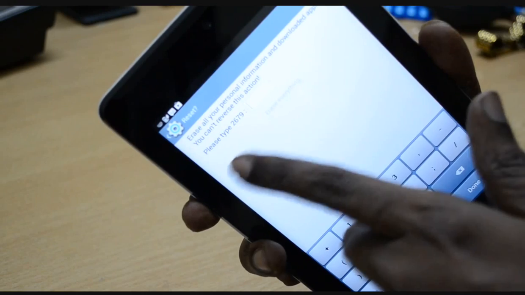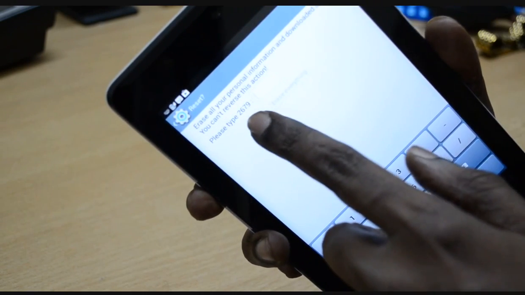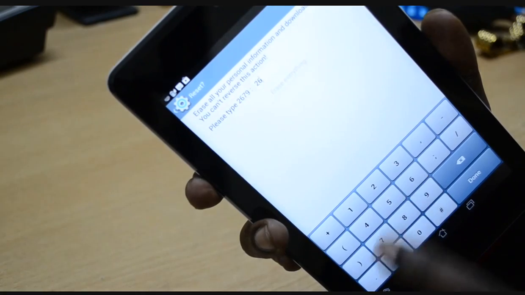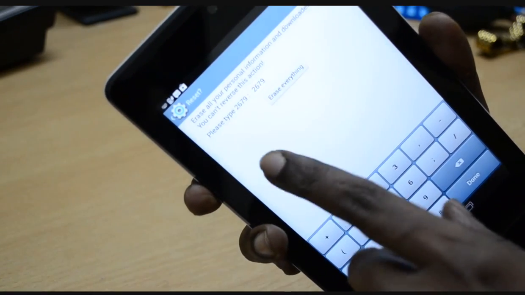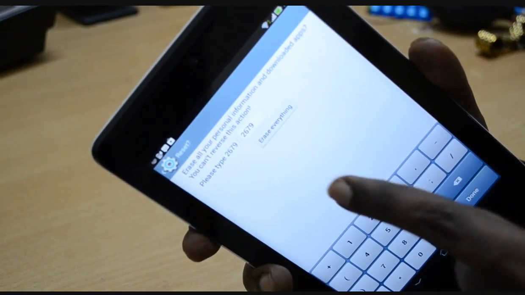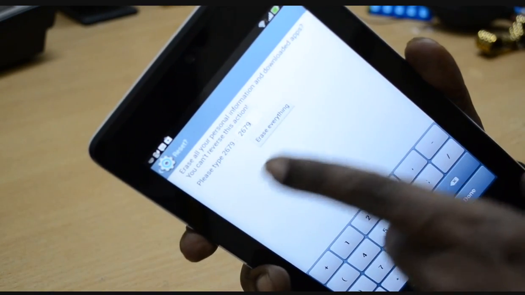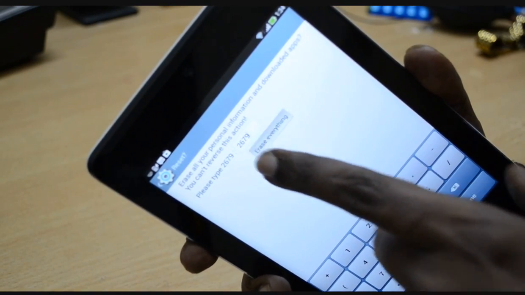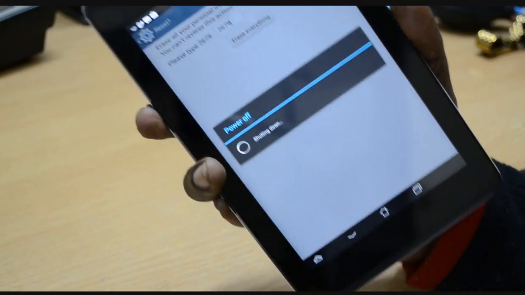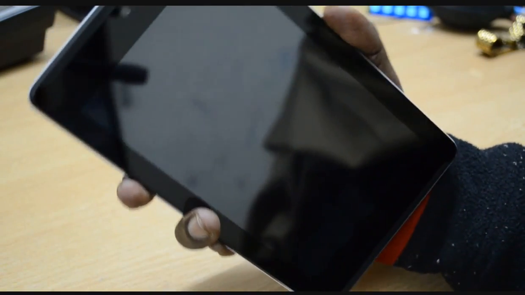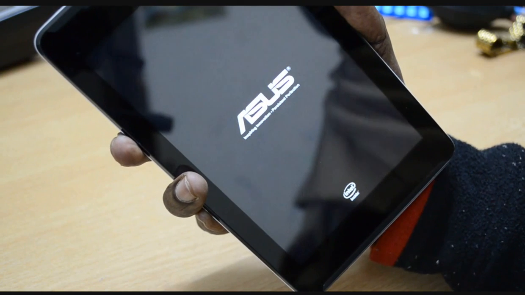At the moment, it is asking for a passcode which is given here, 2679. This passcode may be different for different tablets. It's just like a captcha kind of thing, so that you do not erase everything accidentally, right? I just type the code and I'll just click on erase everything, right? It will now just power off and the device will start resetting, right?